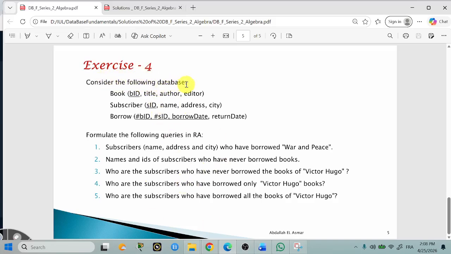Consider the following database: book table contains book ID as primary key, title, author, title book,